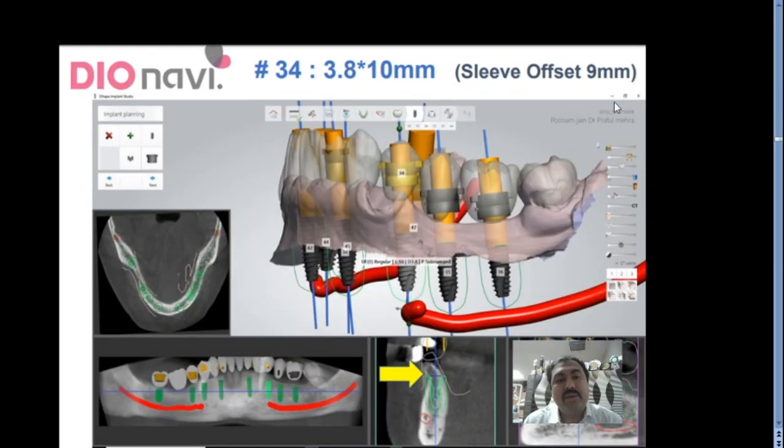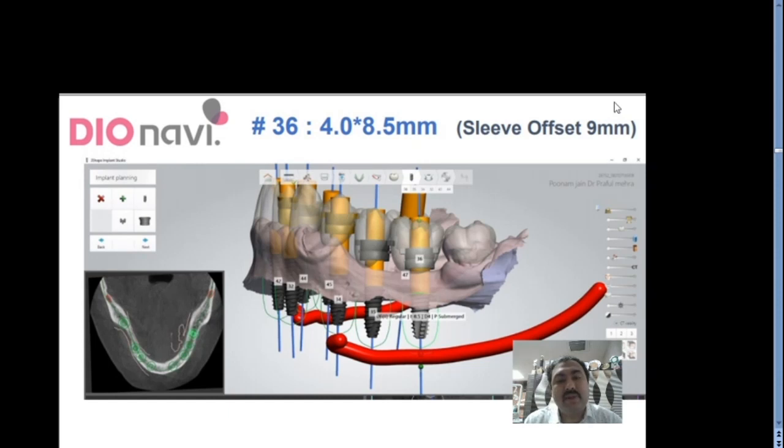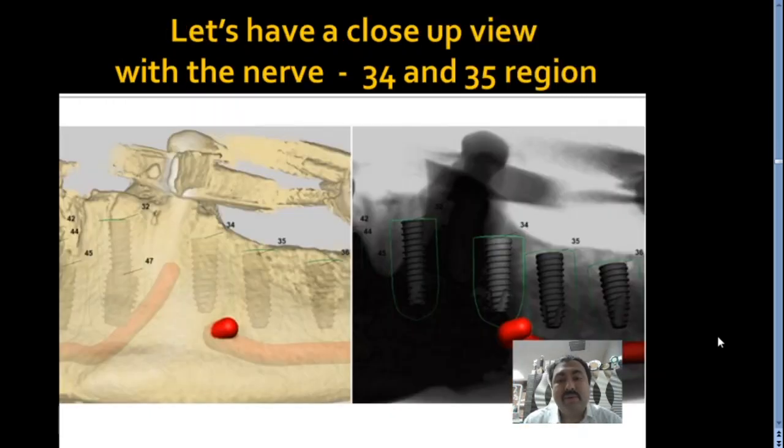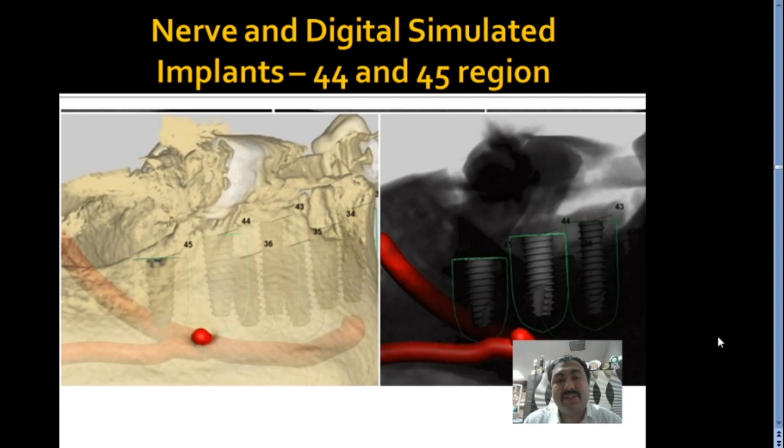So we covered 3 2, 3 4, 3 5, 3 6. All the implants with all the planning was there. Once all is planned, this is how we have planned that 8 implants in strategic locations will be there. In quadrant 4, the implants will be especially in the region of 4 2, 4 3, 4 4, 4 5, 4 7, and it will be dispersed all over the lower arch. 8 implants in strategic locations are there using twin guide protocol. Close-up views, this is the beauty of the digital. We can have very good views of the nerves, the proximity to the anatomic structures, and this is fantastic, phenomenal.